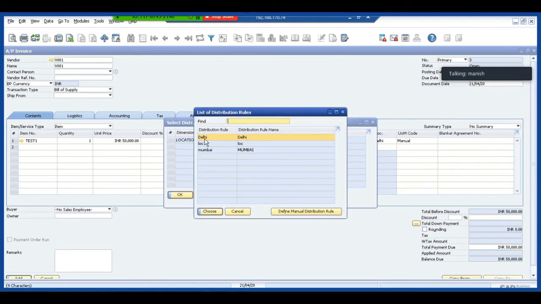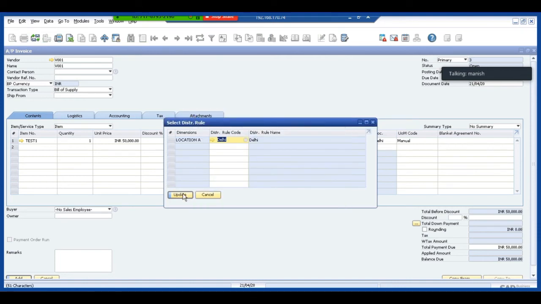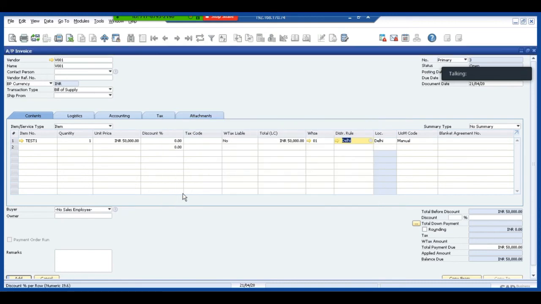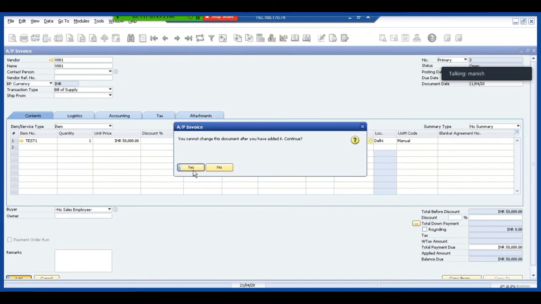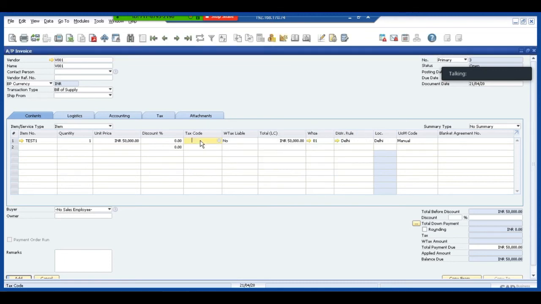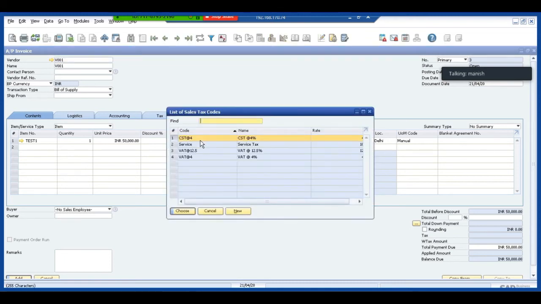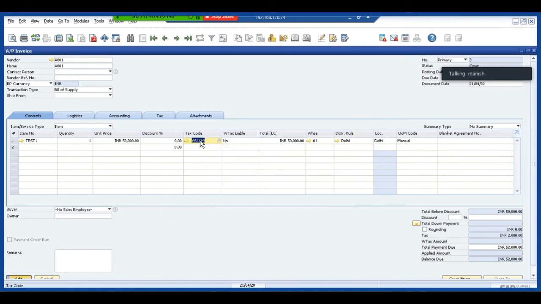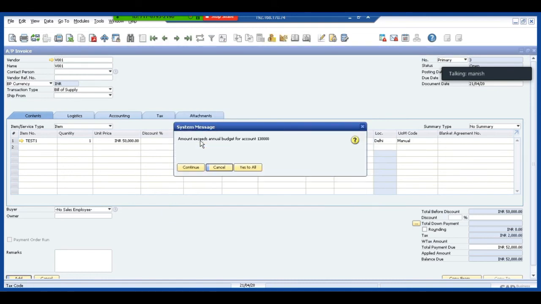So I'll have to select Delhi. Click on update. Okay. Add the document. Continue. Row without tax was found. Select the relevant taxes. Continue.